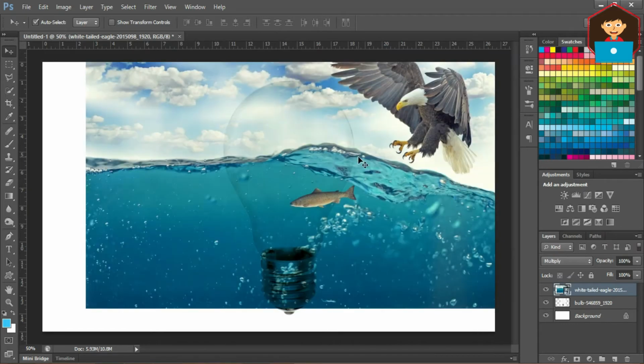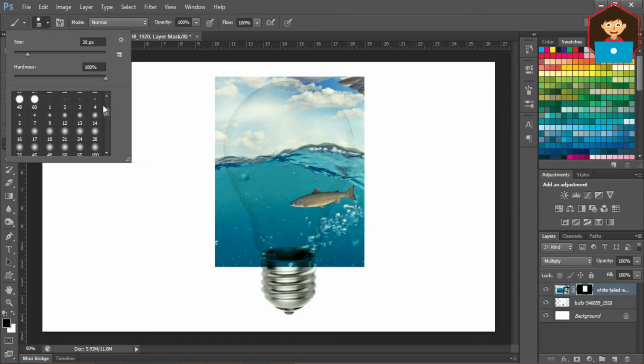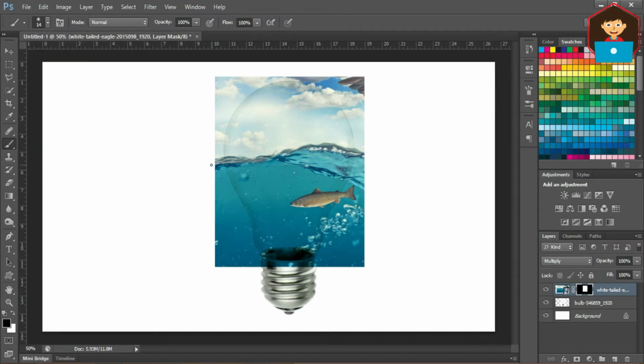First roughly I remove the outer area. Create a selection with the rectangular marquee tool. Then go to mask and give it OK. Then select brush. This time the color must be black and white, the black should be on top. Then choose the brush, the opacity should be 100. Then apply it.